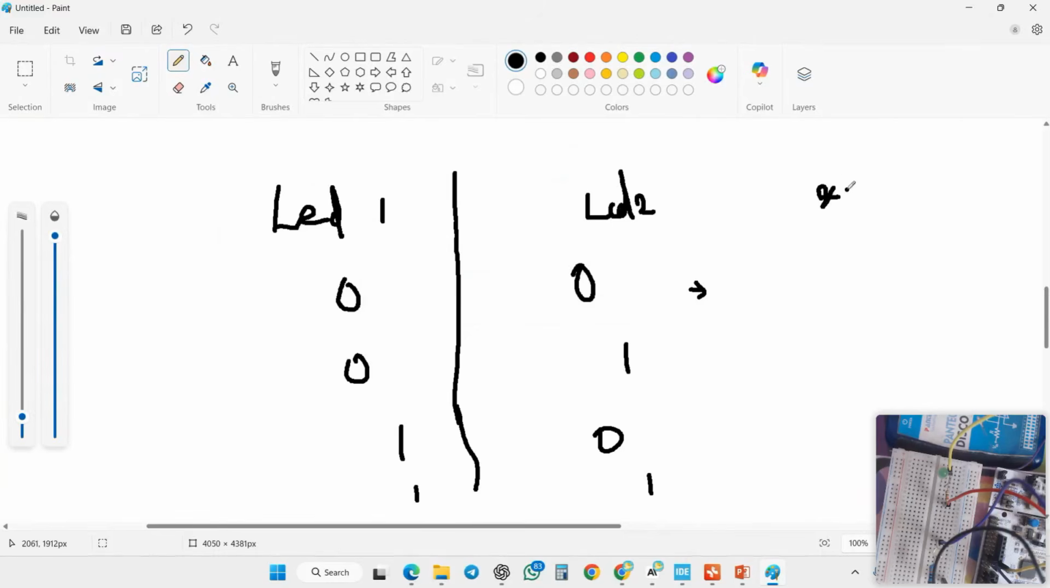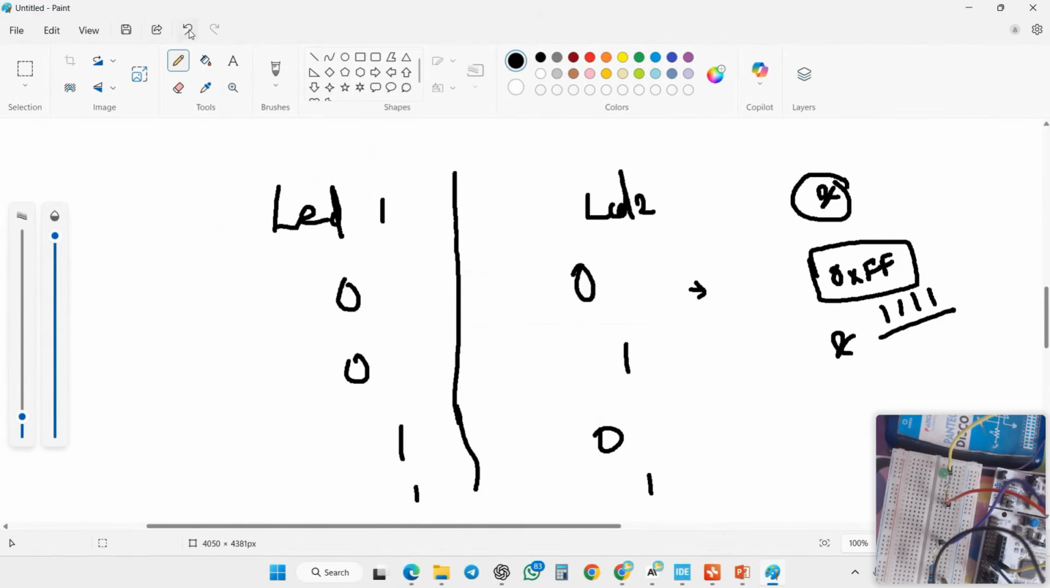Checking the condition, I already told you, you have to use the AND operation. Here I'm going to implement it with this high value of FF. FF means 1, 1, 1. I've just taken this value and I'm going to AND it simply